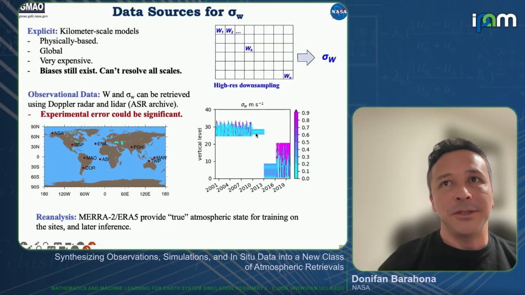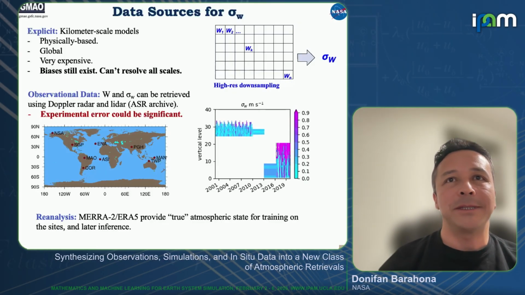Also, as I mentioned before, the data is not particularly well suited for machine learning. Typically, if you look at, let's say, this site, you have a long-term observation, but it also depends on the fact that you have clouds there, or maybe just the boundary layer, and everything else is nothing.